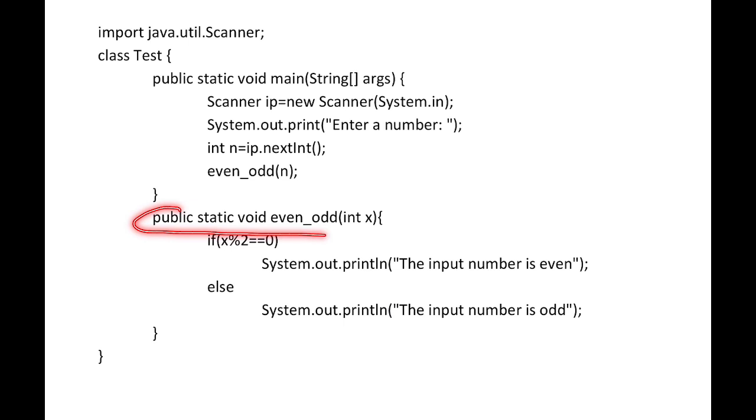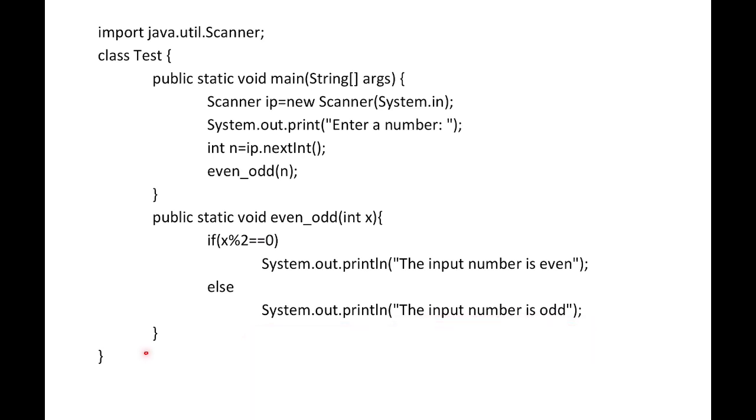The control comes to here. The next statement gets executed: if x modular division 2 equal to 0, then the input number is even, else, that means if this condition is false, it is going to print the input number is odd.